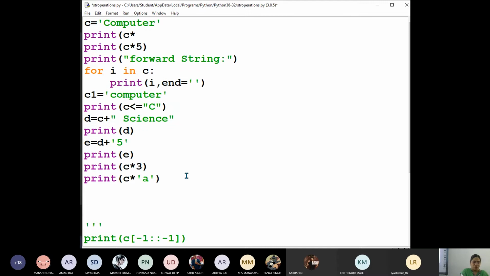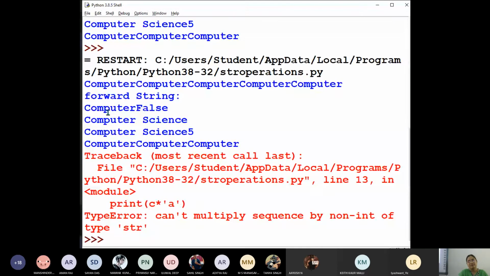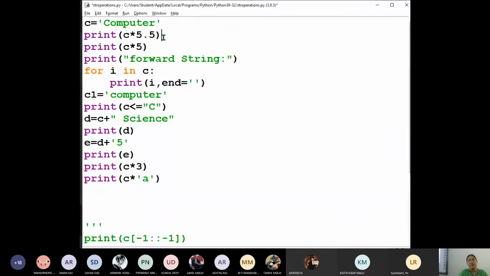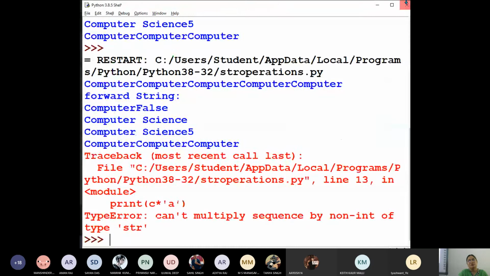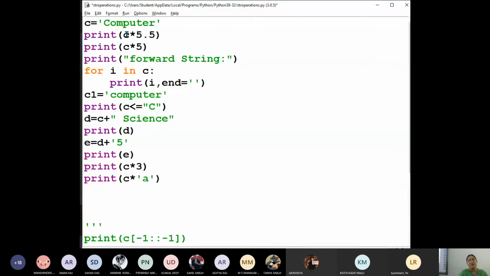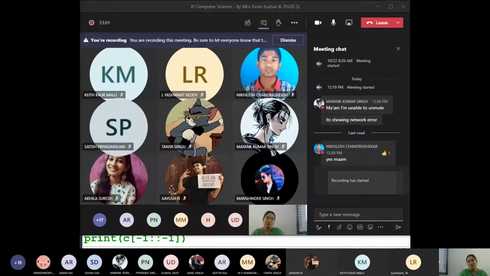Suppose 5.5 I have given. Then what is the output you will get, children? If I have written C multiplied by 1.5, what do we get, children?